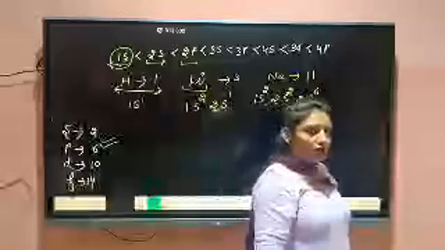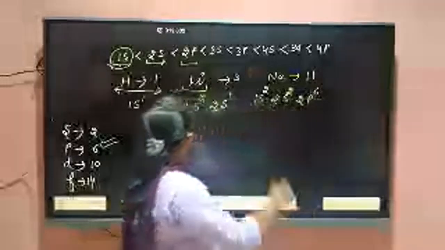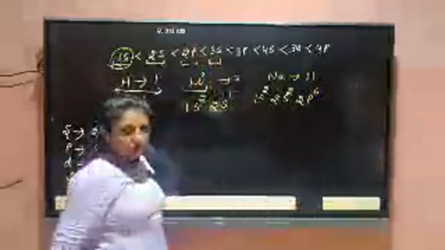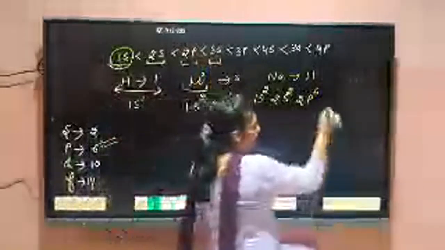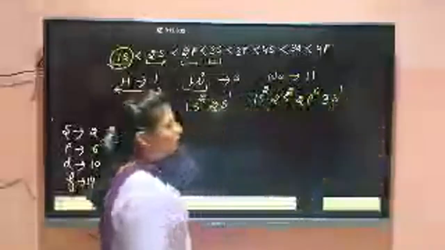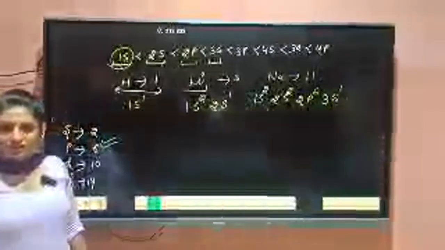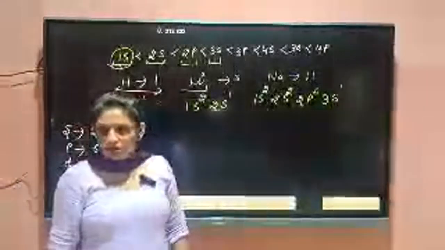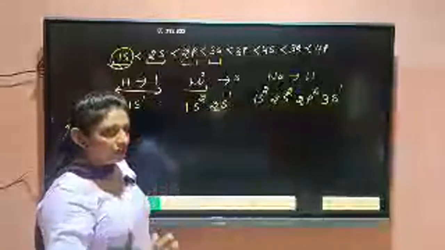Now we have only 1. And after filling 2p, we will move to the 3s. Then 3s1. So this is the configuration for sodium. Clear or not? Any doubt in this? If you want to fill in